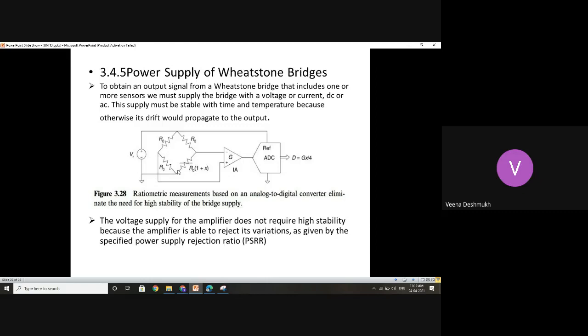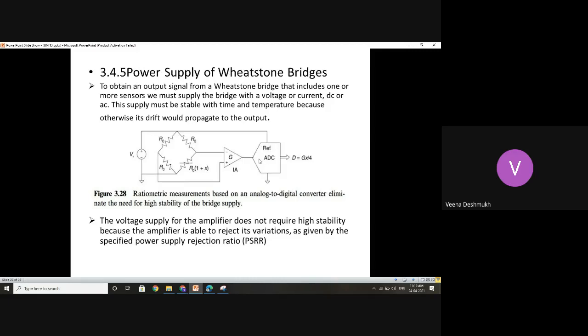Definitely this millivolt drift in the power supply will cause a variation in the similar range. As a result, the amplifier may not detect this as a variation happening due to the drift in the power supply. So this gets propagated to the output section. It could be either an analog to digital converter or digital to analog converter section, or it could be directly to a microprocessor or microcontroller section. To any one of these, if it goes, the error gets propagated.